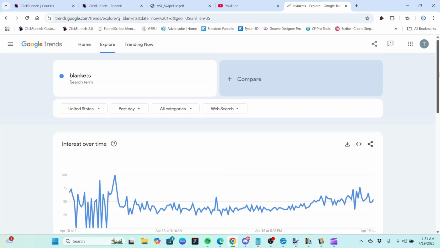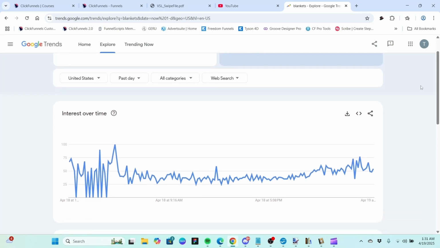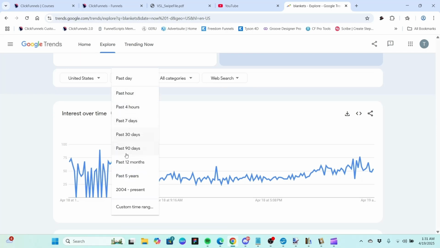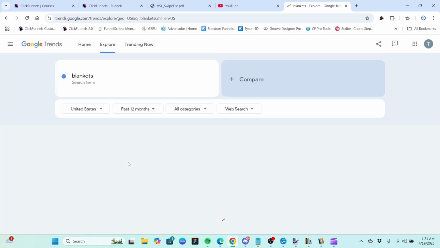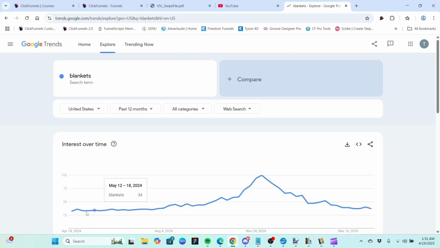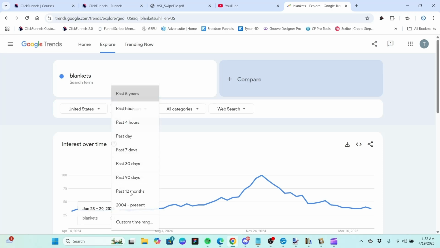Again, it's a new search term, so we are looking at the past day. Let's go out to 5 years, or actually let's do the past 12 months first. So you can see there's definitely some interest all year round, but it starts rising about August, and then really starts peaking about October, being 100% at December, and then as we get New Year and start getting spring, people know that spring is coming. But that just tells us 1 year, so it could be a weird year. So let's go back 5 years,